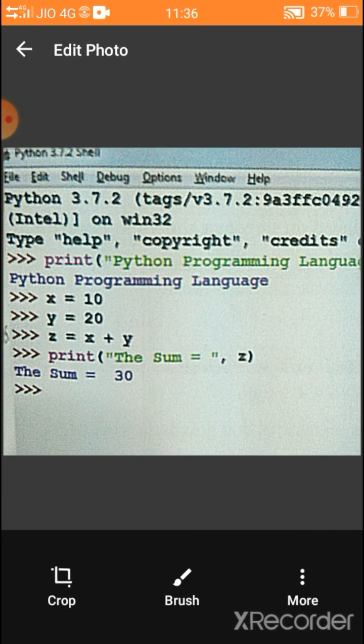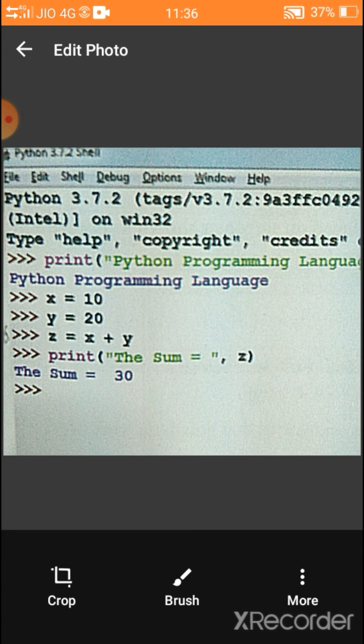In this bracket, we have to give Python programming language within double quotes. After this statement, the next line is the output for it. It prints the output, Python programming language. So that is the use of interactive mode. After we write the print function, the result will be printed on the screen immediately.